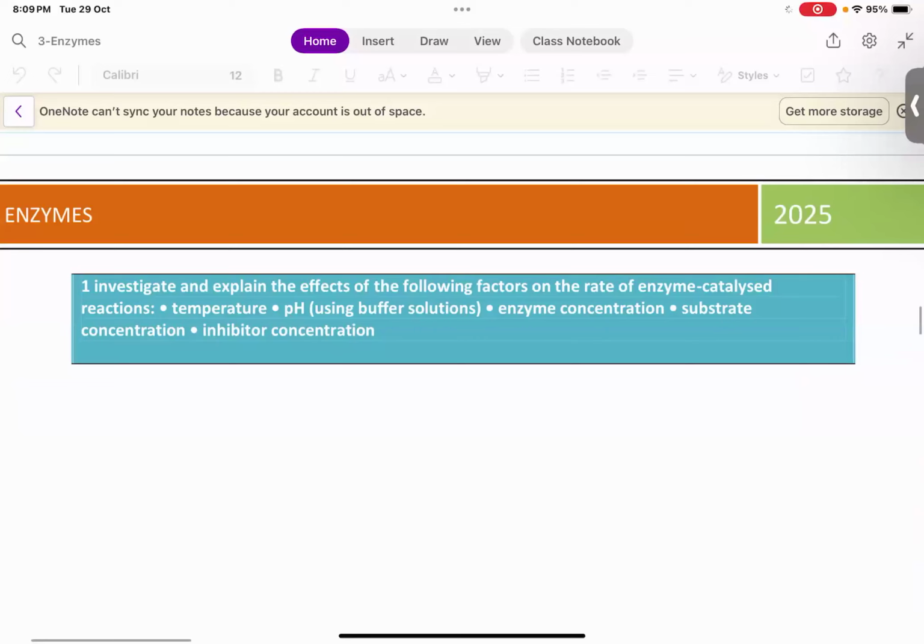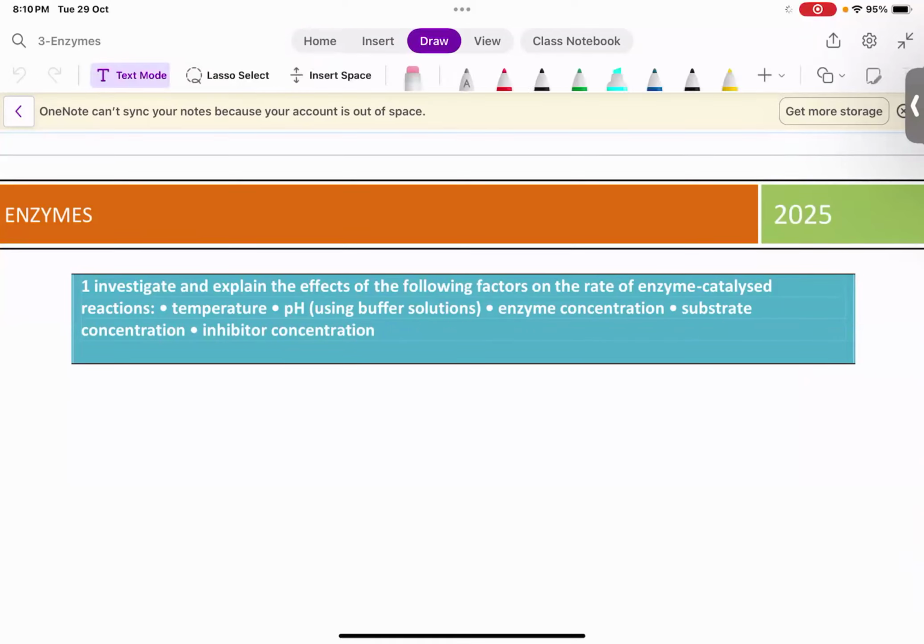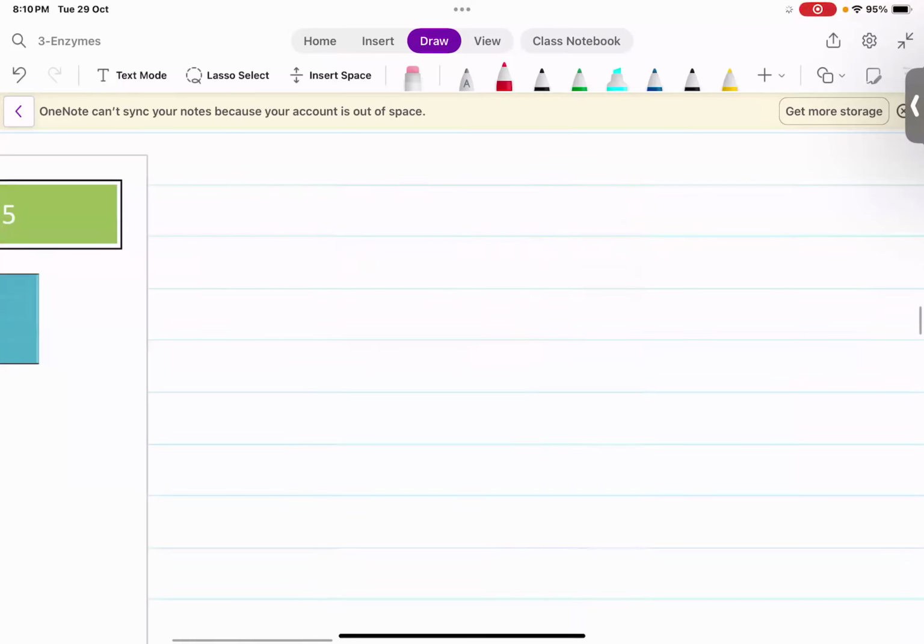In this case, we have two parts. One is an investigation: investigate the effect of different factors on the rate of enzyme action. And the other is explain the effect of different factors on the rate of an enzyme action. Okay, so today we will discuss explaining the effect of different factors on the rate of enzyme action. So let's see